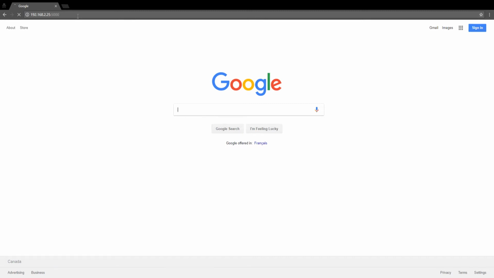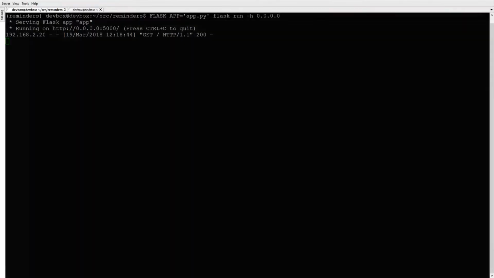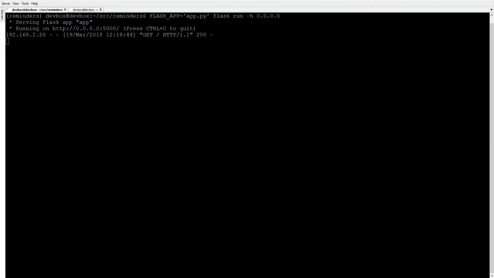So then we hit enter, and you can see hello world, which is the text that we're returning from our view. So now if we switch over to our shell, you can see an entry there, which was our HTTP request to the server. And then if we switch over to our code,